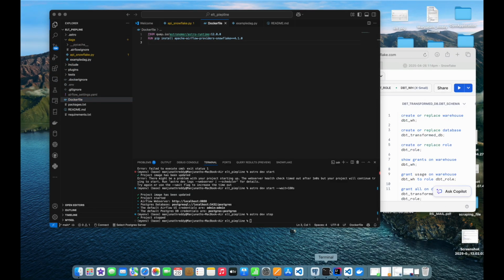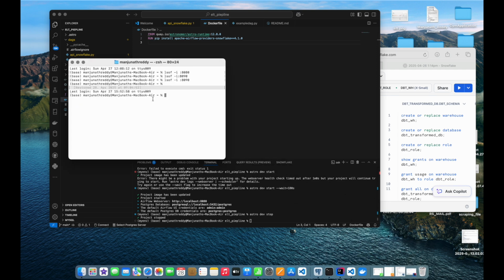and I open my terminal. I will change my directory to the include directory. Here we can see that we are in the include directory. Now I'm initializing my DBT project. To do that, I just write the command dbt init. It will ask for the name of our project. I will name it Snowflake project,